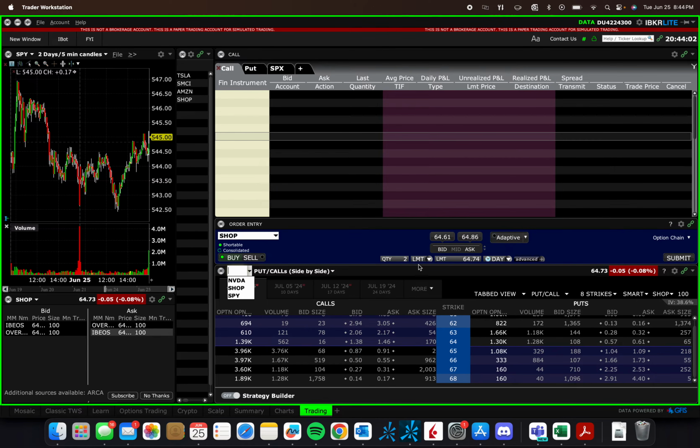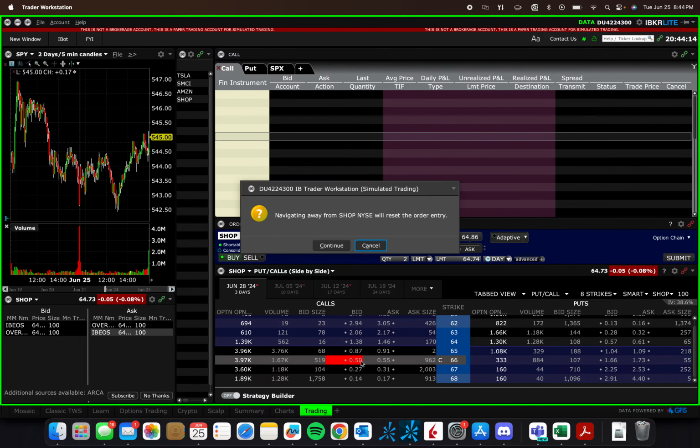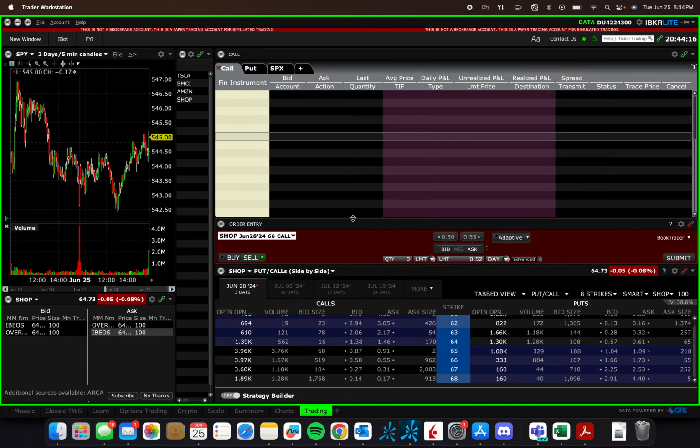So now you want to link this, right? Let's say red, link them together. And what that does essentially is that whenever you click a contract, it brings it to your order entry. That's if you want to trade with your order entry section. I personally use hotkeys. I'm going to run through that as well, but some people like trading like this better, and that's fine, right? The thing I do like about this is that when you enter an order, say for instance,